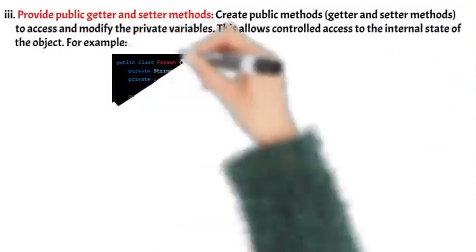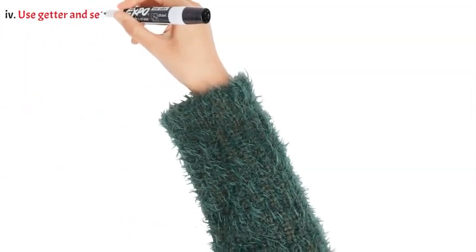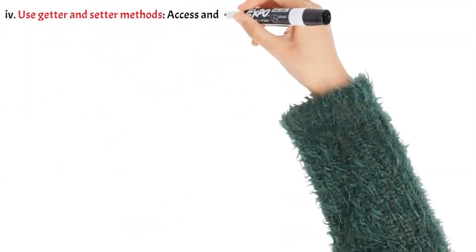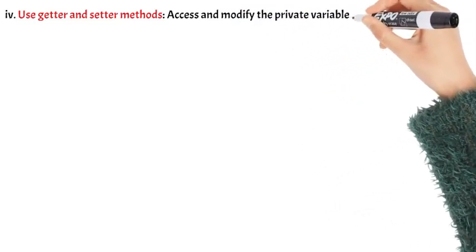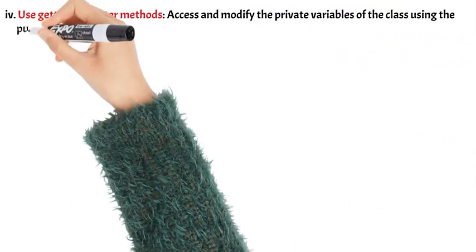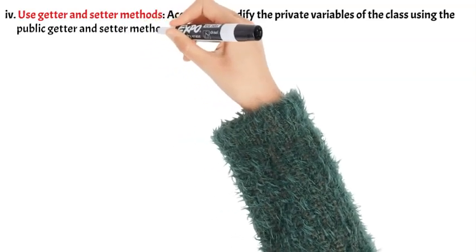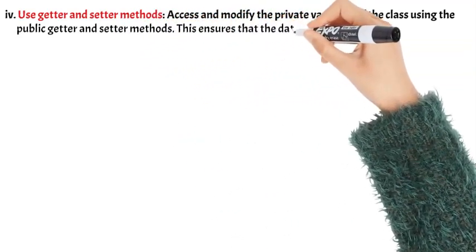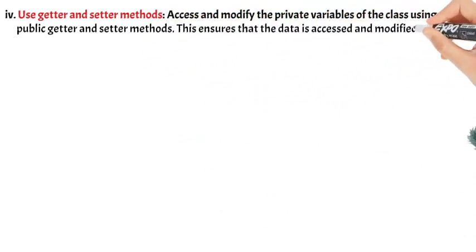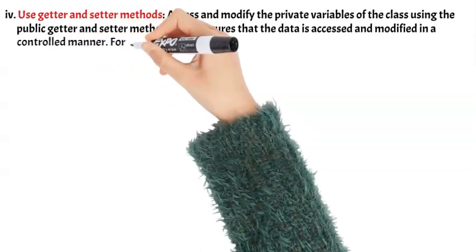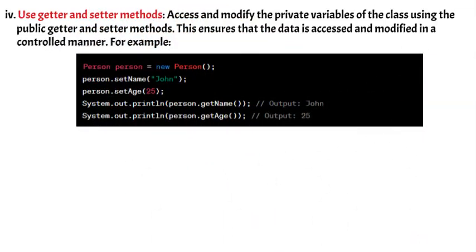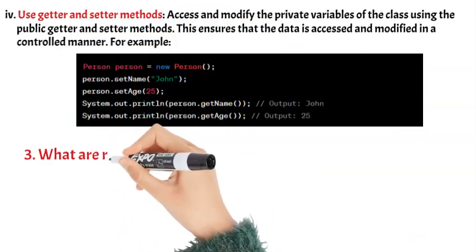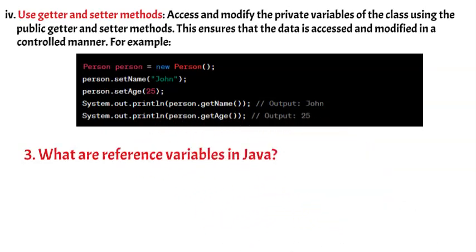For example, 4. Use getter and setter methods. Access and modify the private variables of the class using the public getter and setter methods. This ensures that the data is accessed and modified in a controlled manner. For example,